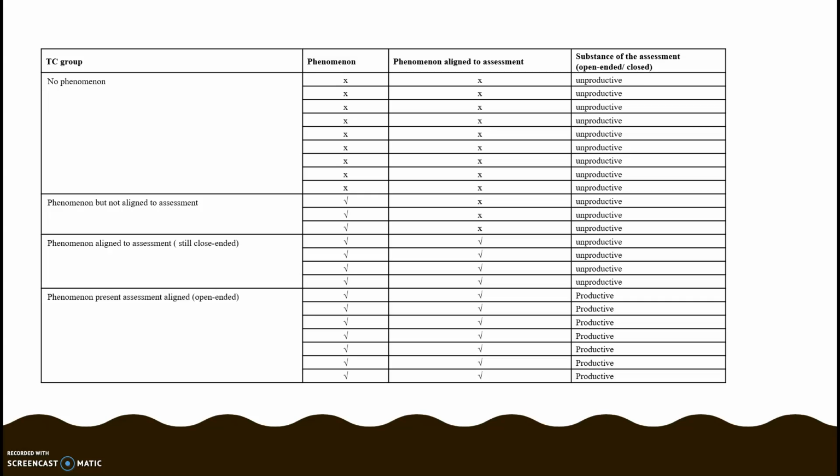So we saw that many of the teacher candidates did not use any phenomena in their assessments. So these assessments were very checklist, labeling, fill-in-the-blank kind of assessments in which